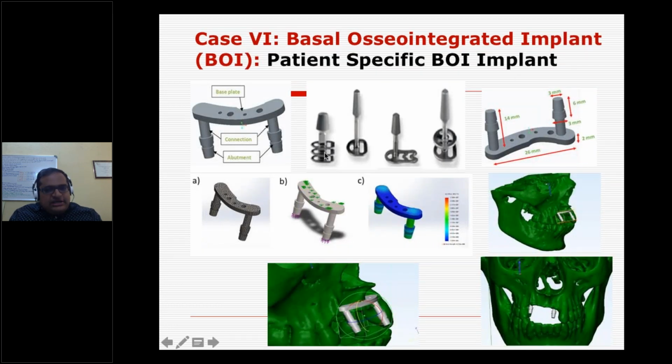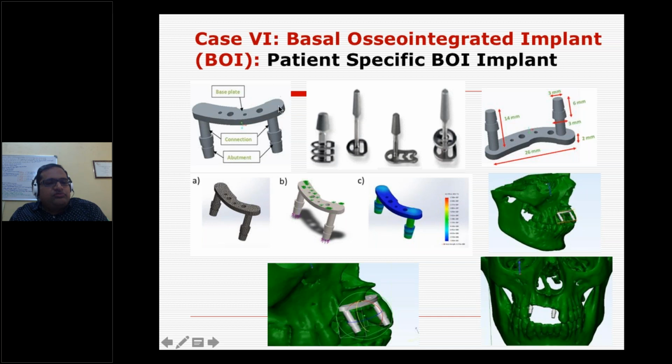As I mentioned, you have conventional implants like basal implants or standard implants, but unfortunately you don't have bone here. If he had not lost the bone, you could fit these implants here, but he lost it during the accident.